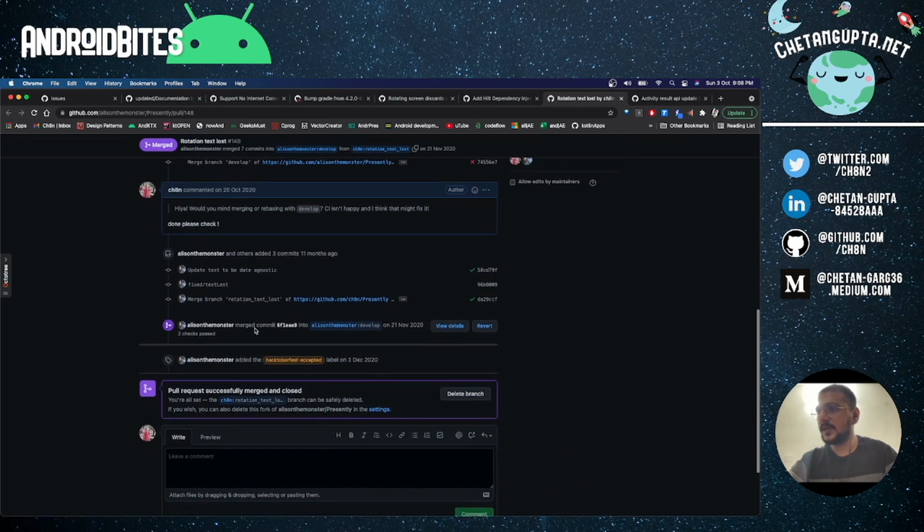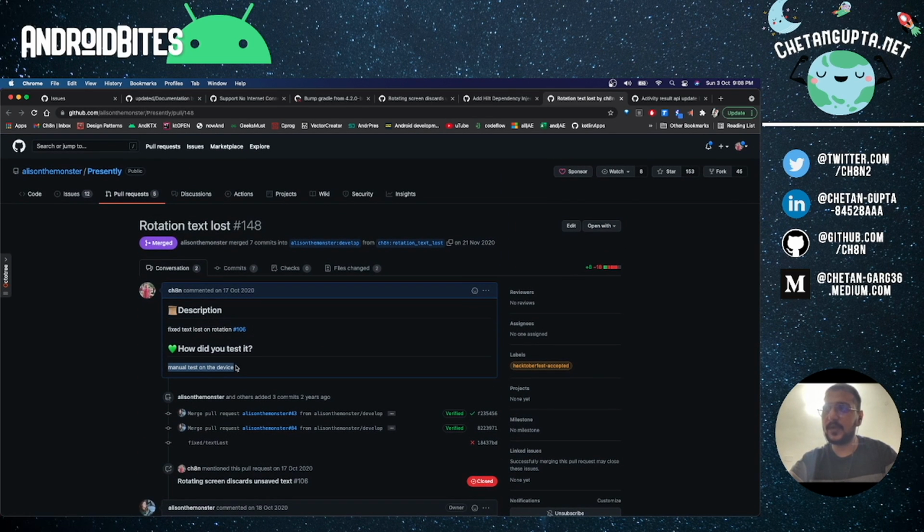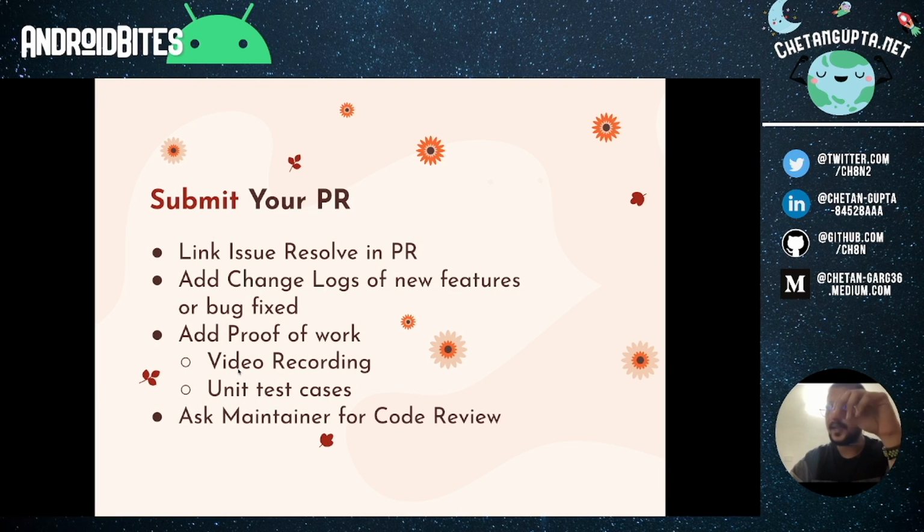She merged it, but in one of the repositories, when I said that, she said that I have test cases that have been disturbed when you have added this feature. So please go and give compatibility to those unit test cases. So when I did that, I refactored the unit test cases to cater to my feature as well. So a lot of things were missed out, which I didn't realize I had done, right? So always make sure that you are also giving compatibility to unit test cases if they are in the repository.